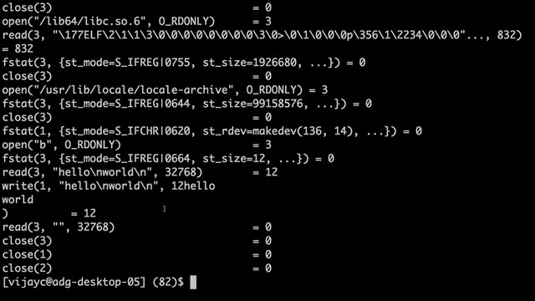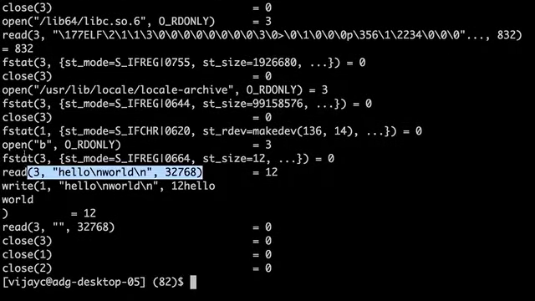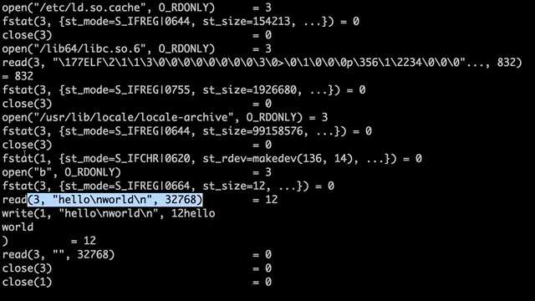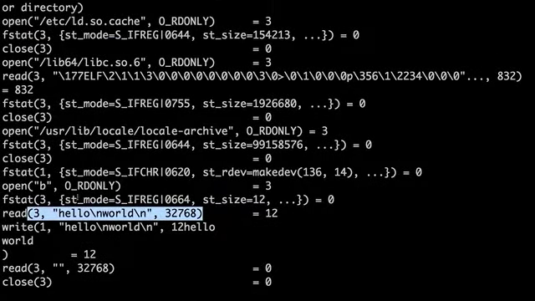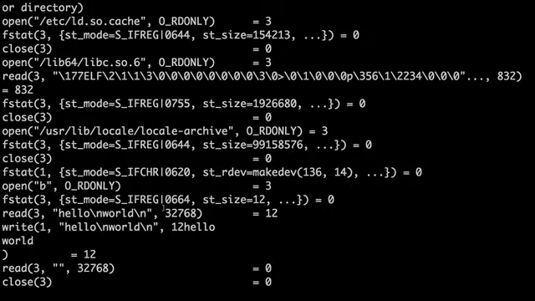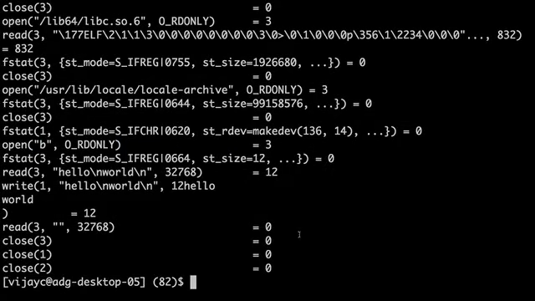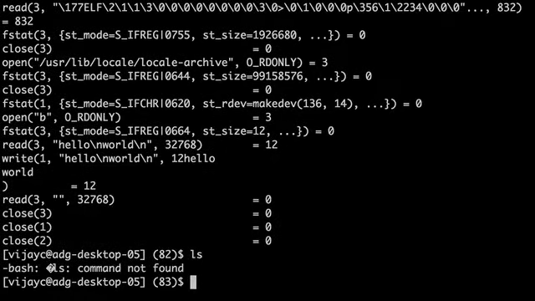Where are we? Oh, here we go. I was wondering if I could show you the resolution to inode number, but it's not visible at this level. It's inside the file system. But if it helps, think of it that way.